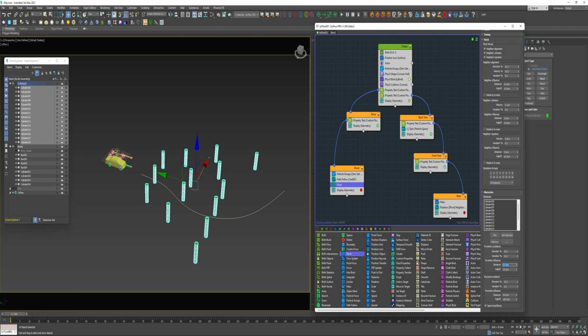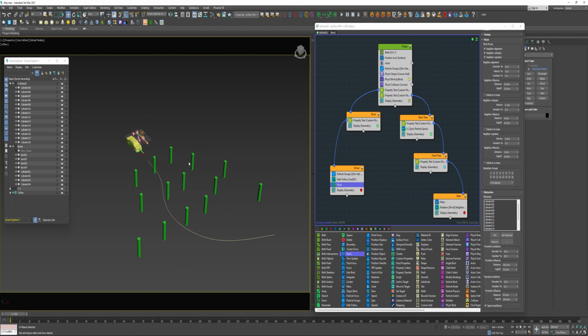I'll go ahead and increase this distance to 100 centimeters with a 75 centimeter fall off. So now if I scrub through,